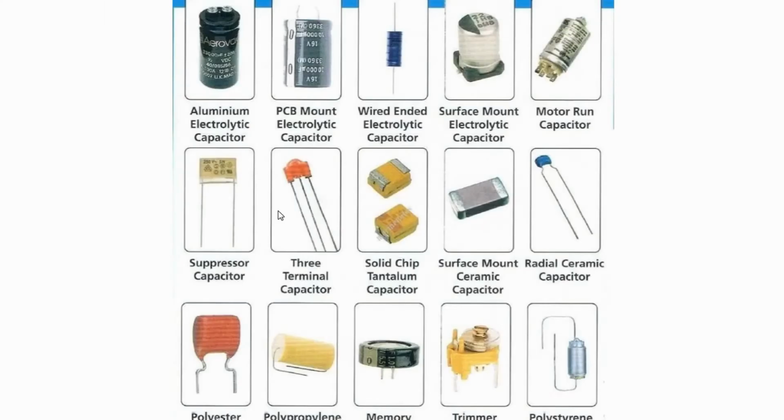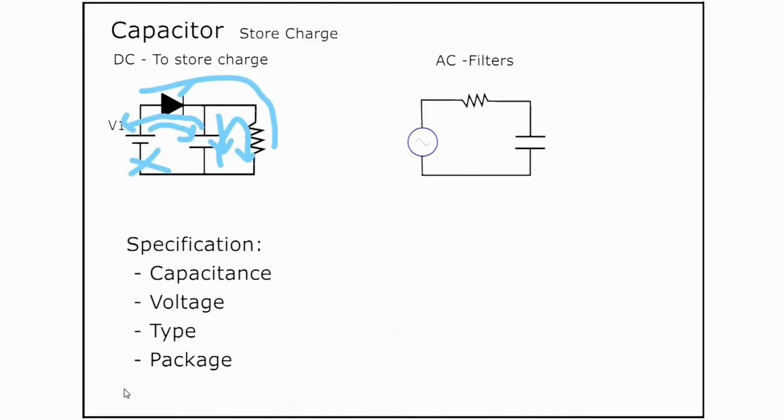There are different types of capacitors like aluminum electrolytic capacitor, disc capacitor, tantalum capacitor. So you will have to select which one you want. Generally for rectification we will use aluminum electrolytic capacitors. Then there is packaging. There are different packages, like through hole capacitors and SMD capacitors. So you also have to define what kind of package you want. To buy a capacitor you need to know all these things.